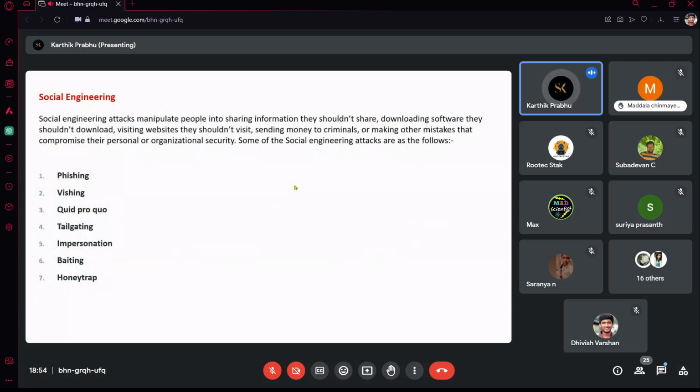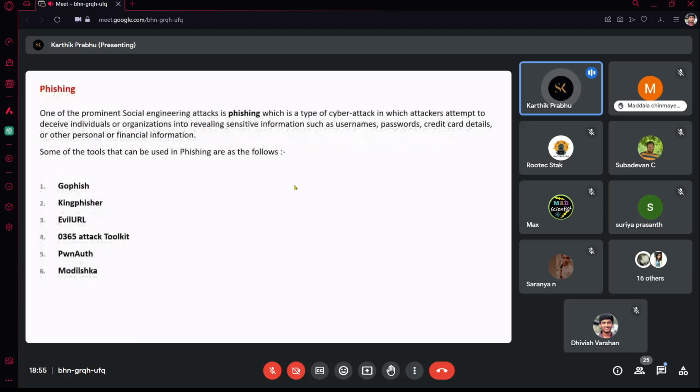Once external recon is completed, we can go to social engineering. In social engineering, we get the user to click and get the information. You guys know phishing, vishing, tailgating, impersonation, baiting, everything comes under this. Mainly we can perform phishing. The tools we can use are GoPhish, King Phisher, Evilginx, and the O365 attack toolkit. In phishing simulation, the main thing is the particular